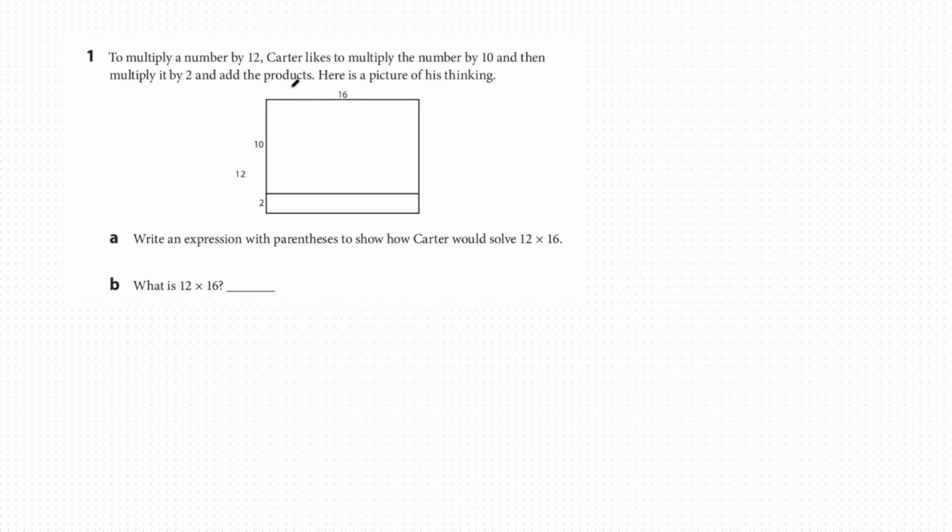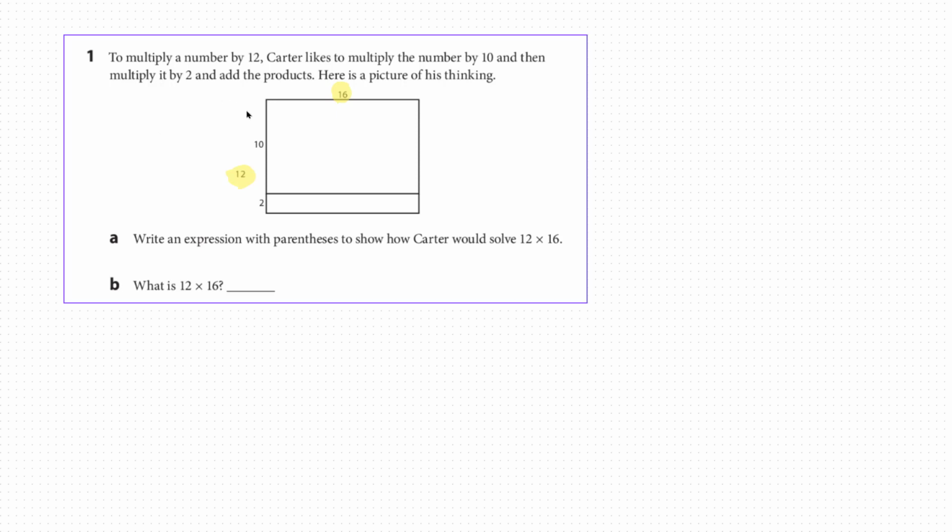Hey, we're looking at our homework number 1, and it's asking us to multiply 12 times 16. So we have the 12 here. Another way of looking at 12 times 16 is breaking it down like we've been doing, with factor pairs. So we can really think of 12 times 16 as, and they're kind of showing us here,